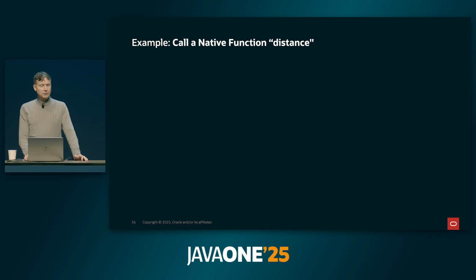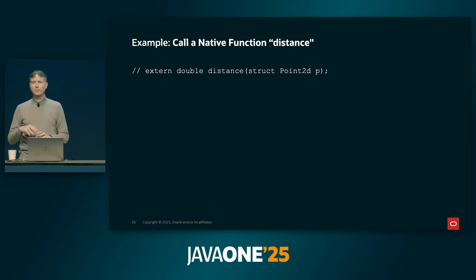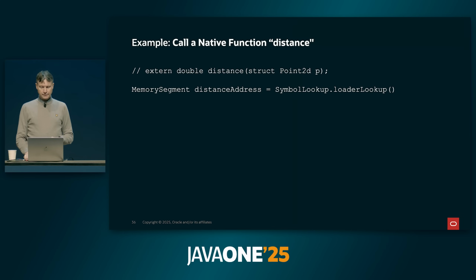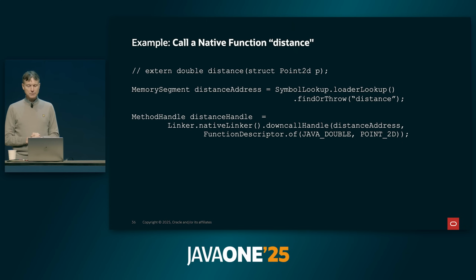Okay, so that was memory. Now let's look at the functions. So let's assume we have an external function called distance that computes the distance from a point to the origin. And the way I do that is that I have a lookup. So this is kind of a symbol. So I say that I use this loader lookup and find the symbol distance,